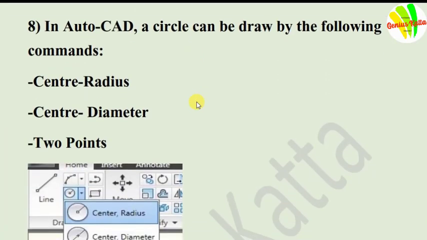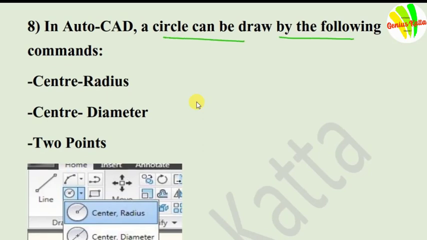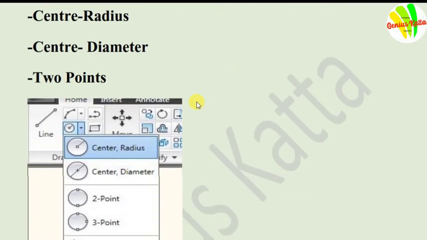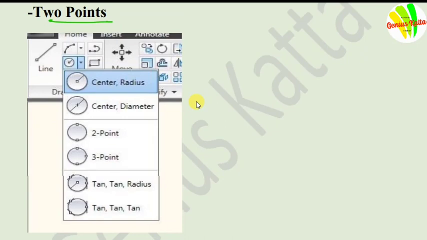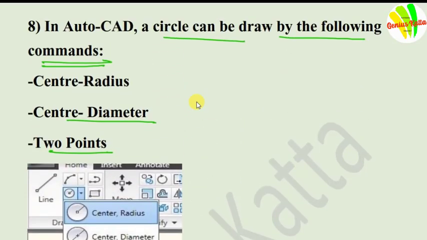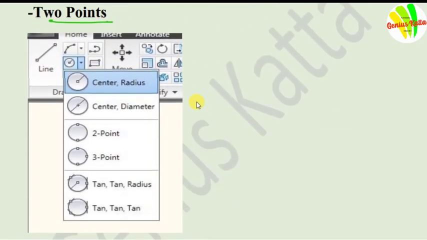Next question. In AutoCAD, a circle can be drawn by the following commands. Answer is center radius, center diameter, 2 points. Friends, here we provide a diagram which shows all the tools with which we can draw circles in AutoCAD.